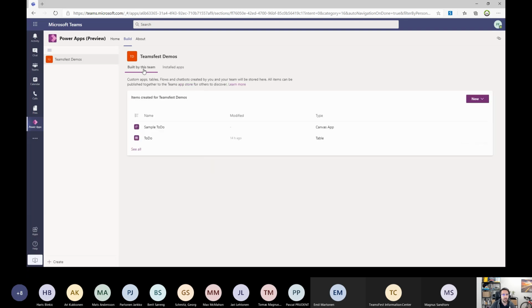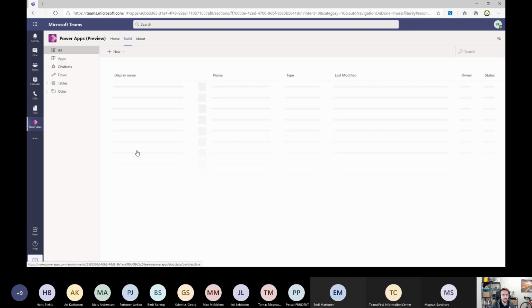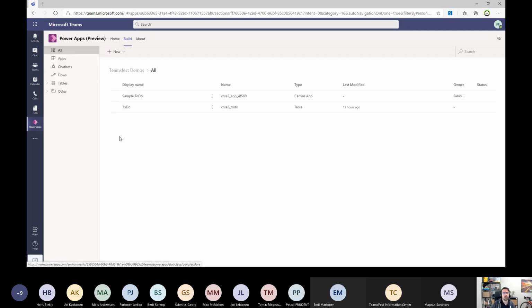But if I come back here to build by this theme and click on See All, you are able to navigate to this screen, and then you can create not only the Canvas application with tablet or phone form factor, but also a chatbot, a flow, or a table, and you are able to create environment variables. I want to switch again to